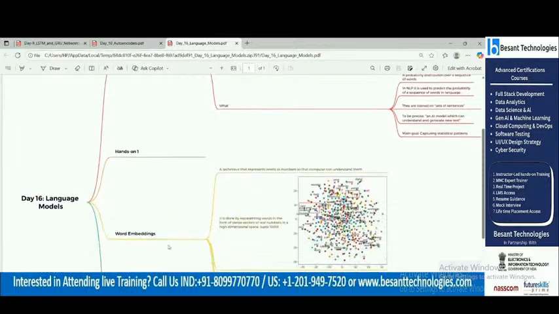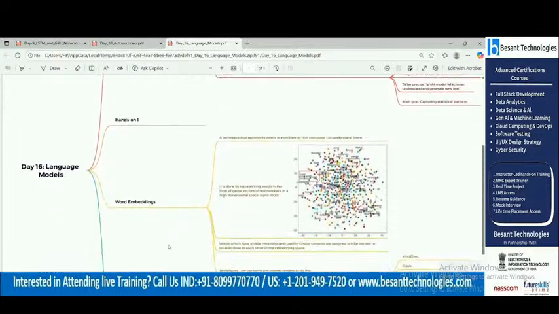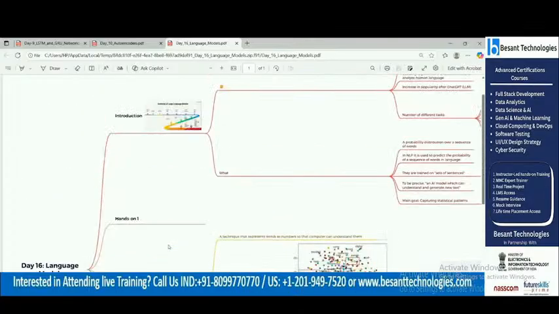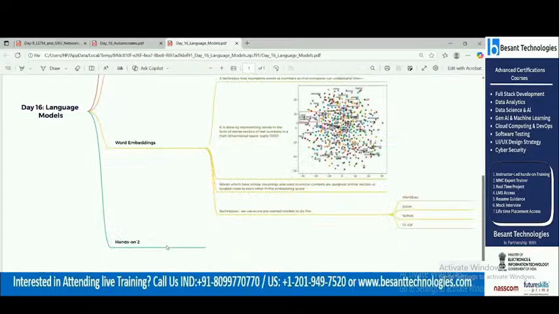So now what do we mean by these language models? Whenever you are working in NLP, natural language processing, you have a particular sentence, like I am learning Python or I love Python. So how are these language models embedded? You can break the sentence into different tokens, different lemmatizations. There are steps I have given.